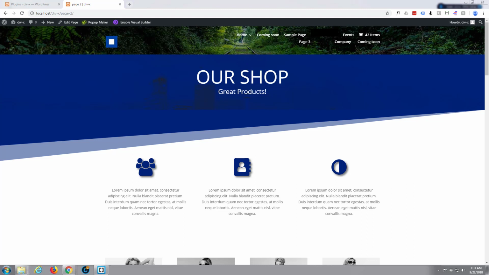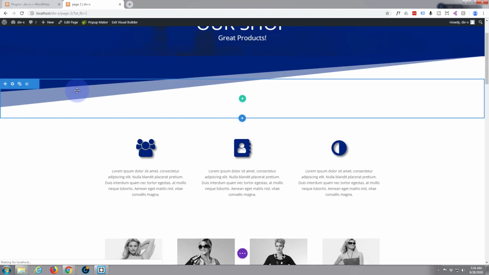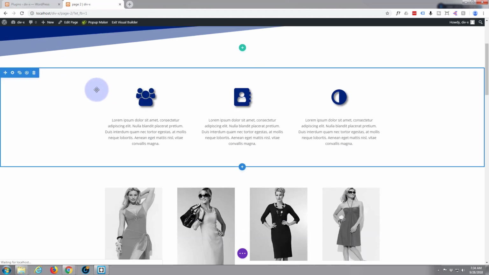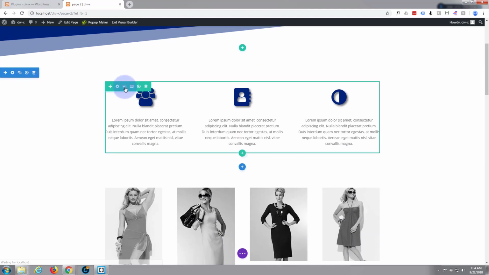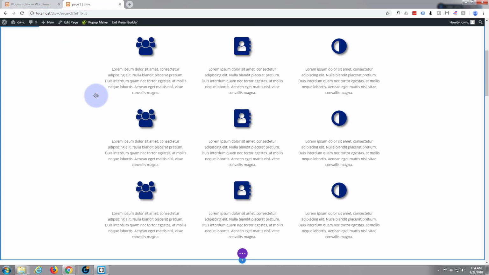The new feature that they've just added over at Elegant Themes is a bulk edit feature, which means we can edit several modules at once. So let's get started and demonstrate that. I'm going to enable my Visual Builder. And to start, let's just duplicate this row here. There we go, we've got a block of